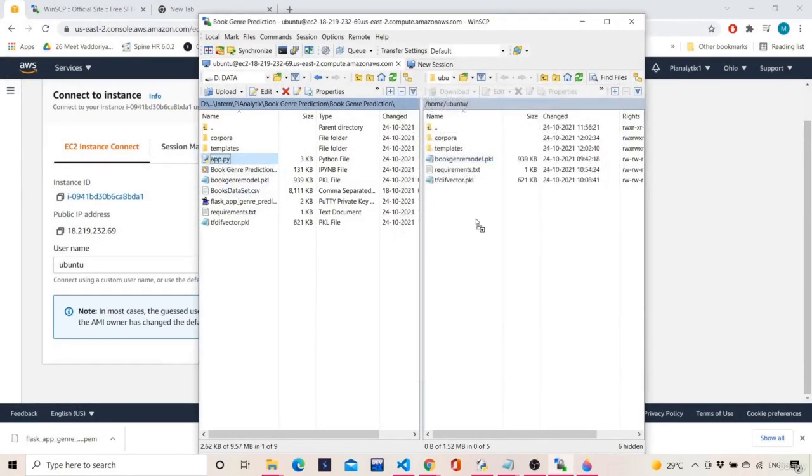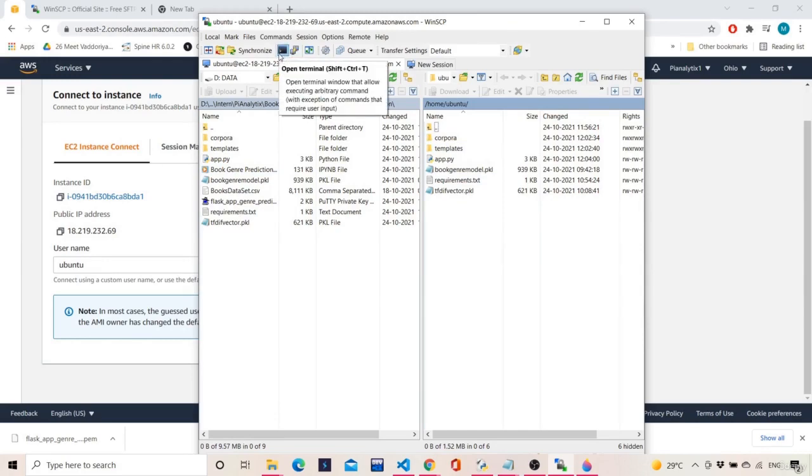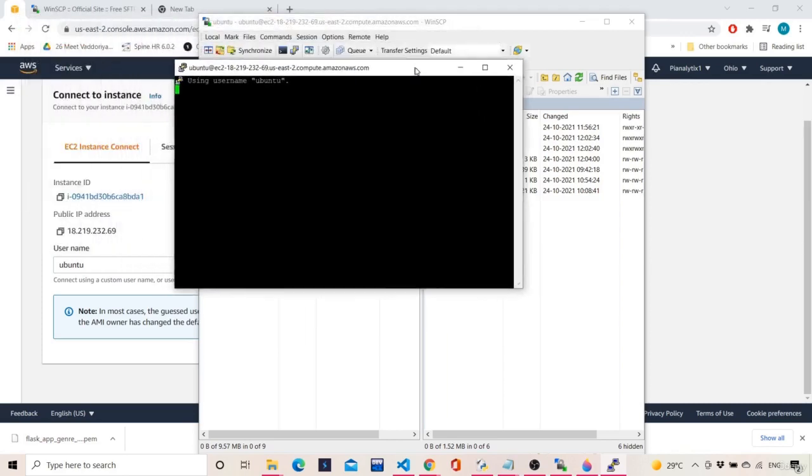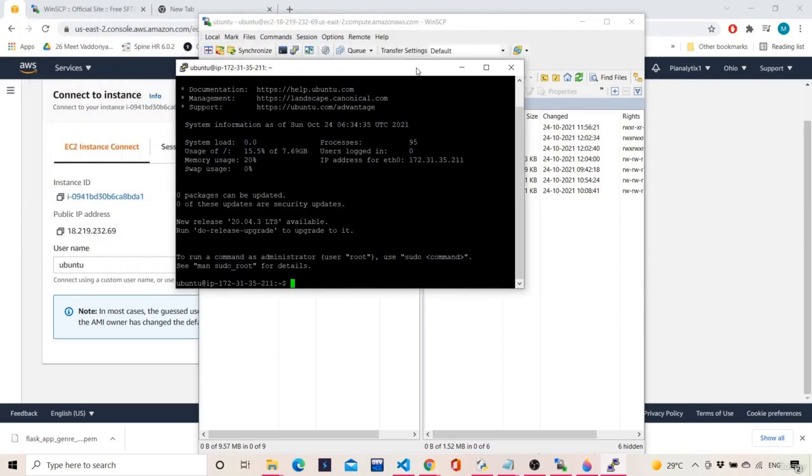Now you can push this file over here. Yeah, so now all the requirements and everything has been transferred from this to this. Now this is the Amazon service, right? Over here we have this option. This is the open terminal, and this is the open session in PuTTY. So we'll simply click on this. Directly, instead of doing so many things, we can use WinSCP software and directly log in to PuTTY's console also. So this is what we did.